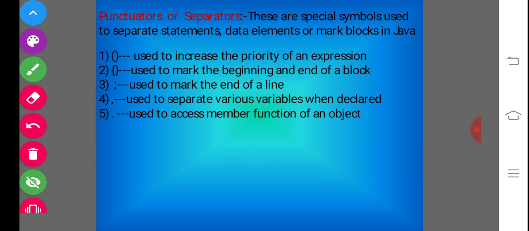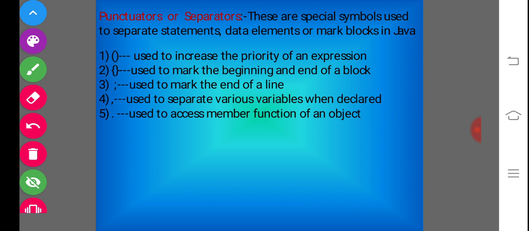Fine. So it is used to increase the priority of an expression. The second says it is used to mark the beginning and end of a block. If you remember, while writing the class syntax, I used this open brace and close brace, which tells you that this is the body of the class. These braces mark the beginning and the closing of the block. The third is used to mark the end of the line.